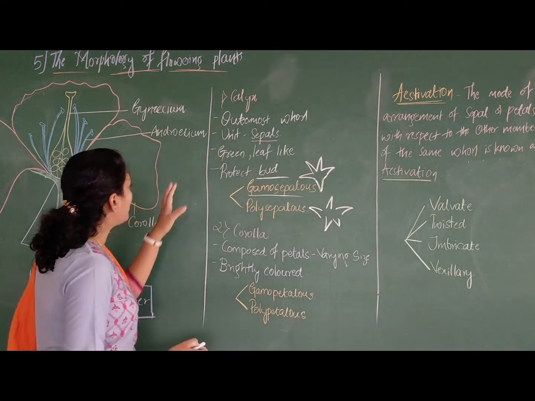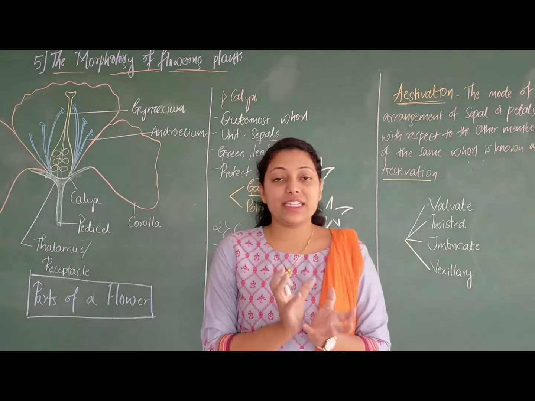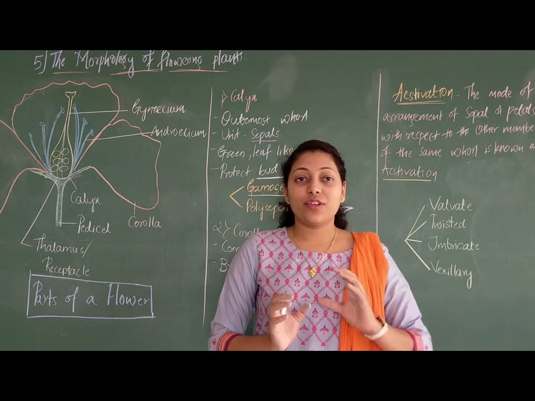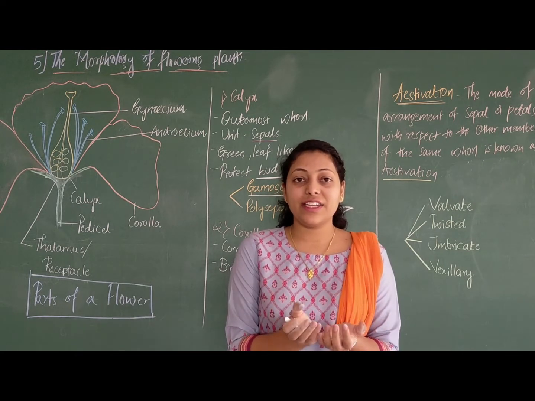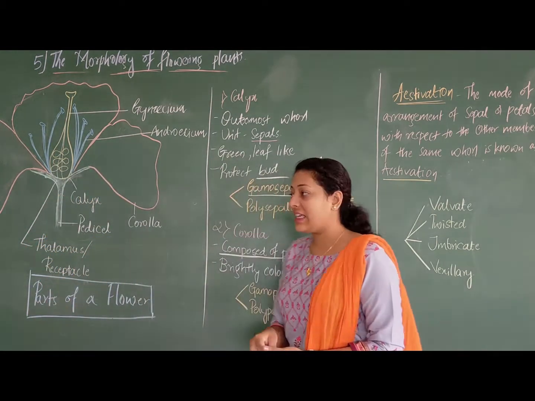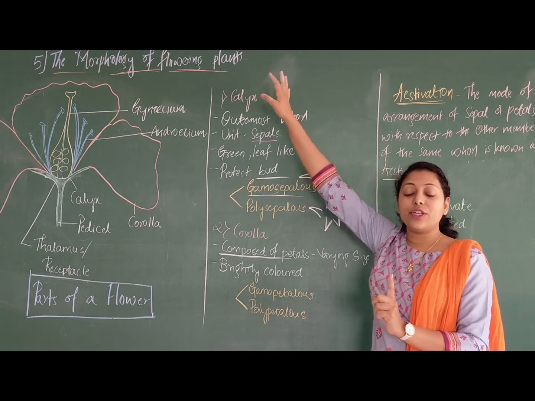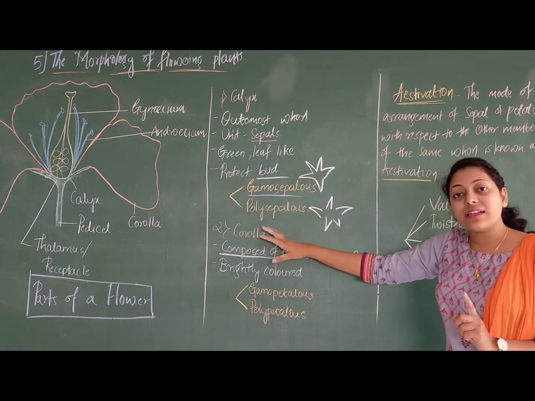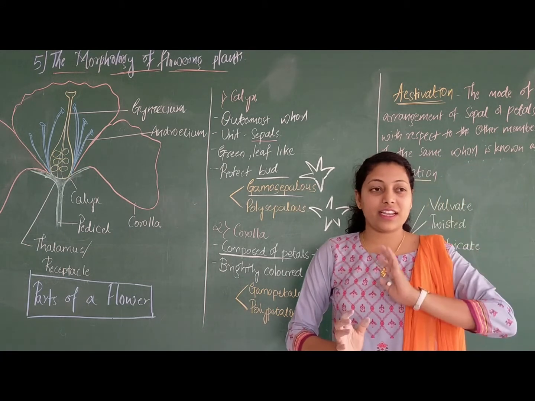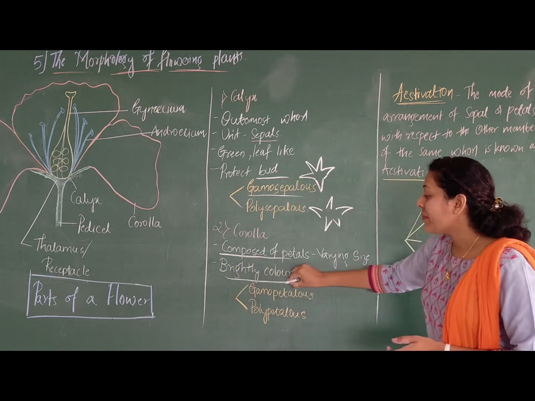So we'll move to the next part of the flower, that is called corolla. Corolla are highly pigmented structures. They are highly colored. You get varieties of colors of flower, and these varieties of colors are attained due to pigmentation. Generally, make sure that these are composed of petals. We saw that calyx consists of a singular unit called sepals, whereas corolla consists of the unit of arrangement called petals. Petals are of varying size and varying position, I'll tell you further.